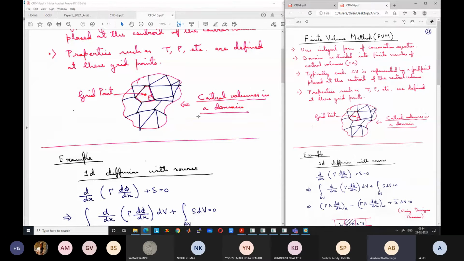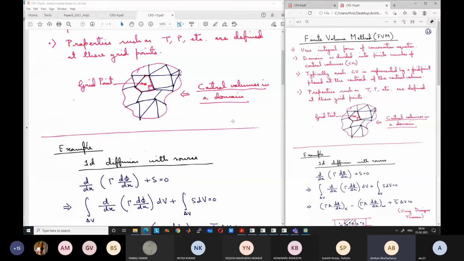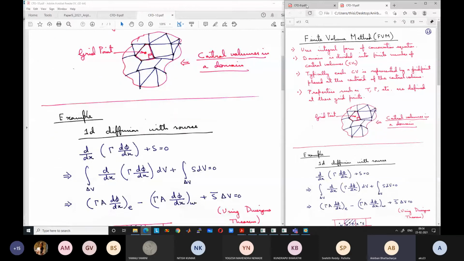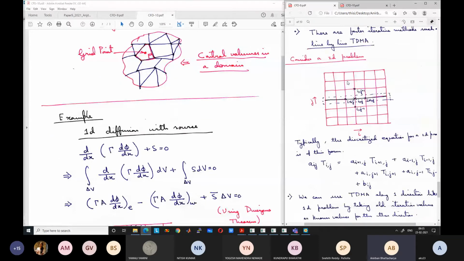We can also have a structure following a typical rectangular grid pattern. In that case, all the neighboring values in the x and y directions will be defined as north, south, east, west, as we have seen previously. Each of these will be a control volume. So the Pth control volume will have an east neighbor, west neighbor, north and south neighbor. For an unstructured grid, there are neighbors, but you cannot call them east, west, north, south. You have to define them by their index values 1, 2, 3, 4, 5, 6 like this.